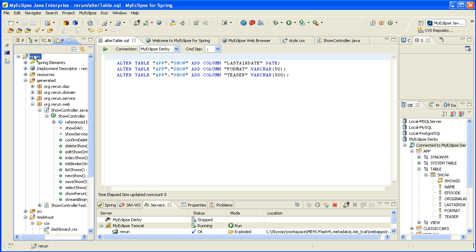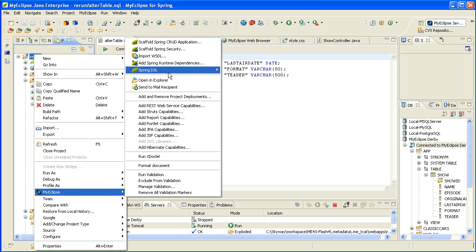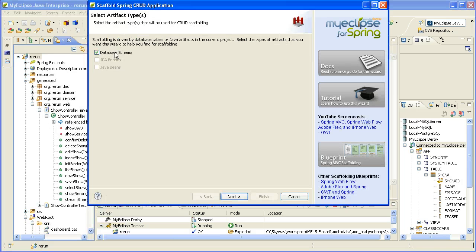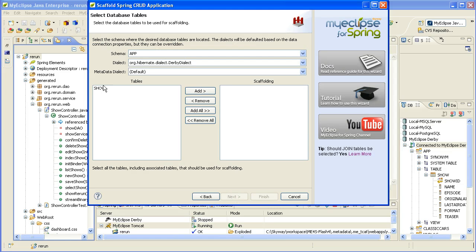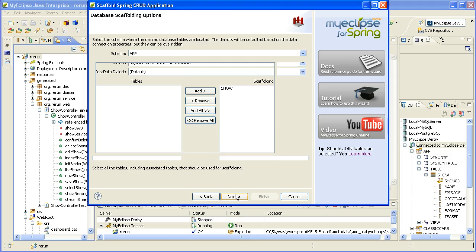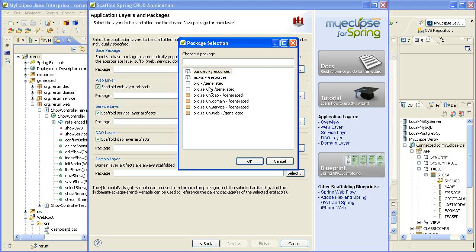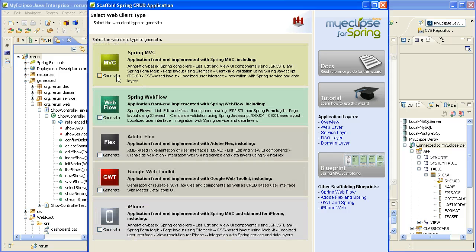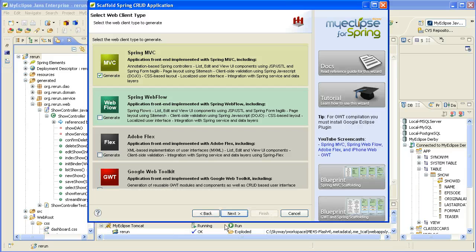So all I need to do to rescaffold is just go through the same process again and right-click, select MyEclipse, Scaffold CRUD application, choose Database Schema. I'm going to choose MyEclipse Derby, use the show table, use all the same options I used in the first scaffolding, choose Spring MVC,